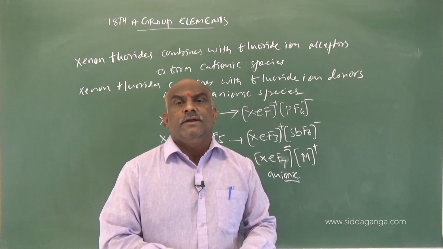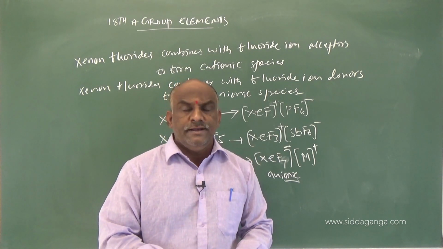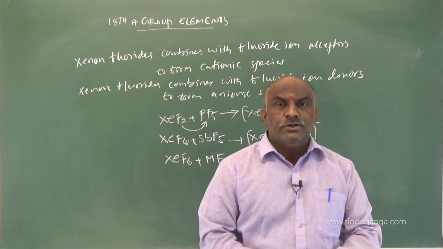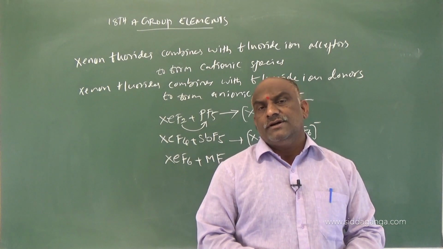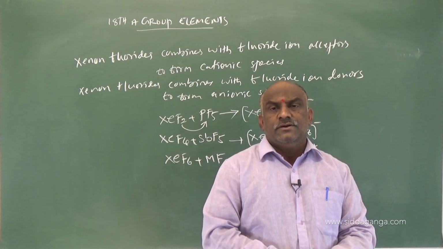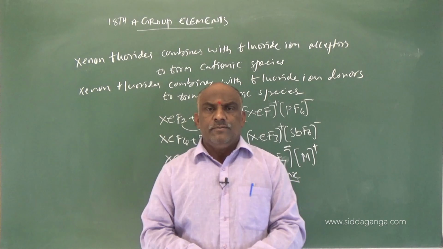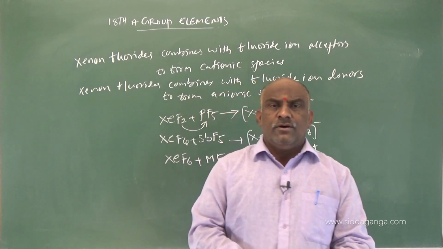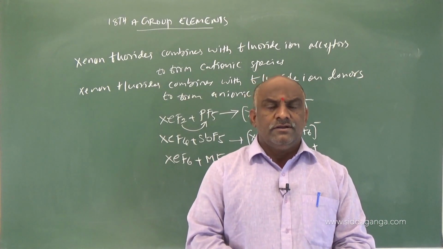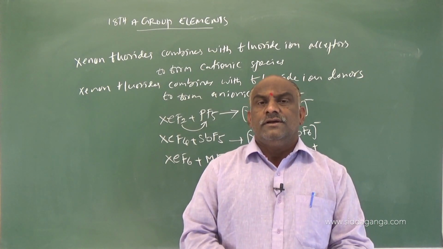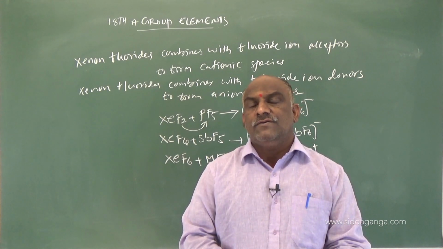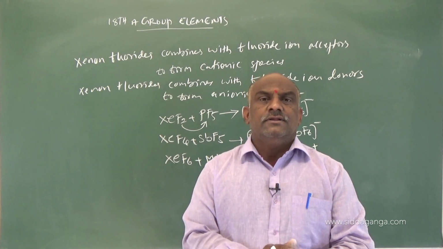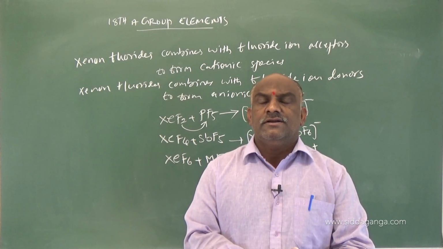So this was the important things regarding the 18th group elements, and next was discussion about the uses. What were the uses of the 18A group elements? Already we know helium, neon, argon, krypton, xenon and radon. Uses of radon and argon are still not decided, and xenon is used for the preparation of designing bulbs. If you would like to prepare designing bulbs, then which gas can be used? That is xenon.